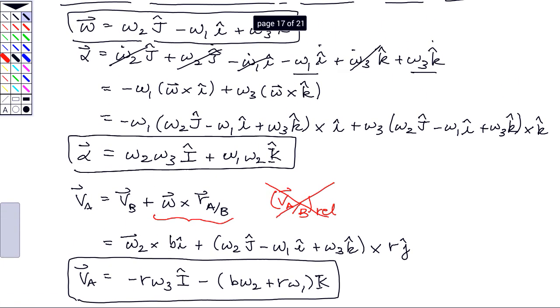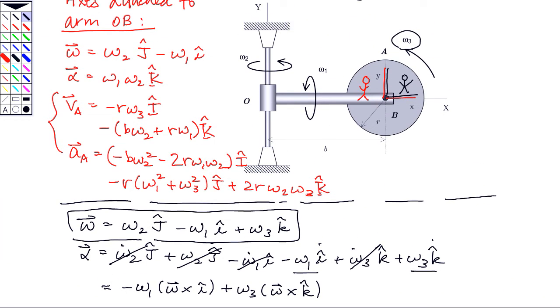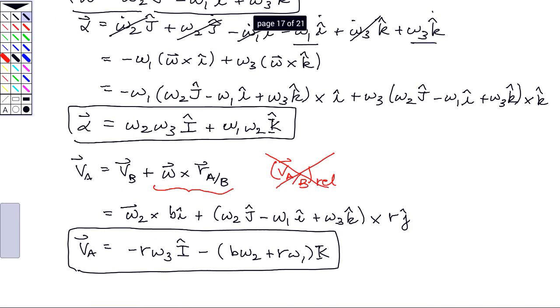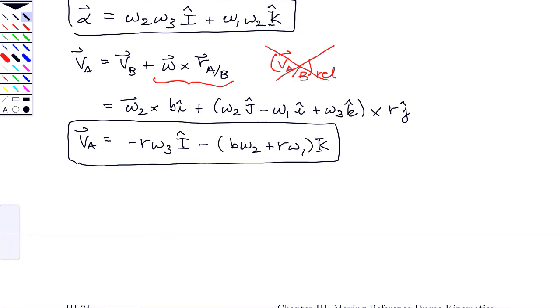It's like I'm not going to get them on the screen together. But there you go. You can see that we've got the two terms composing the k part and the one term in the I part, and everything looks like it is the same. So that's pretty good so far. Now let's do the same kind of process and see what we get for the acceleration. So for the acceleration of a,